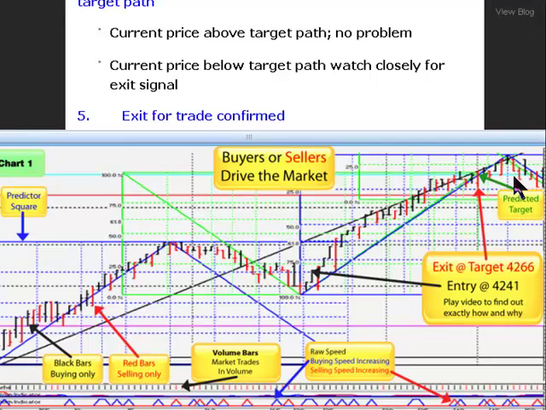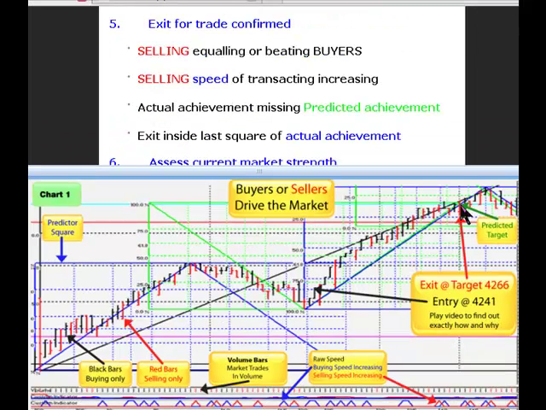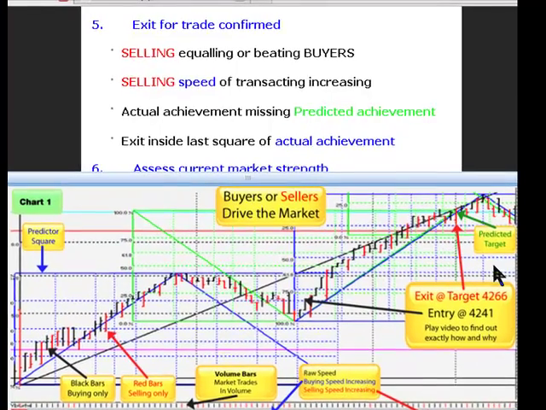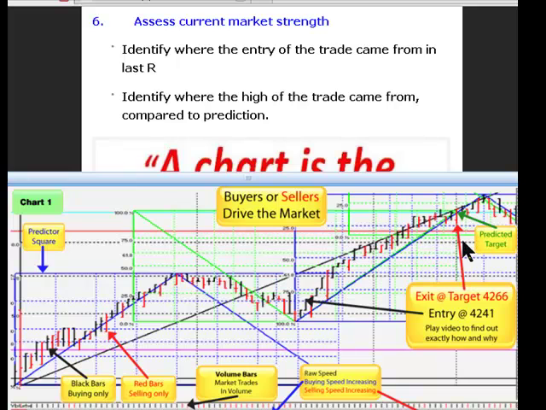If we didn't take our profit there, we would have been exiting here with an increased selling speed. If this trade didn't make its predicted target and the price turned over here somewhere and started to go down, we would exit on our reverse signal, which simply would be selling beating buying with increasing speed down here. It would also have to be inside the last square,